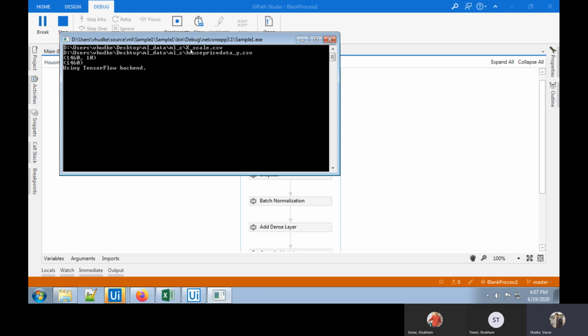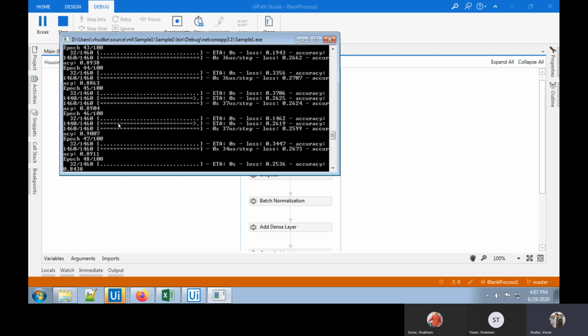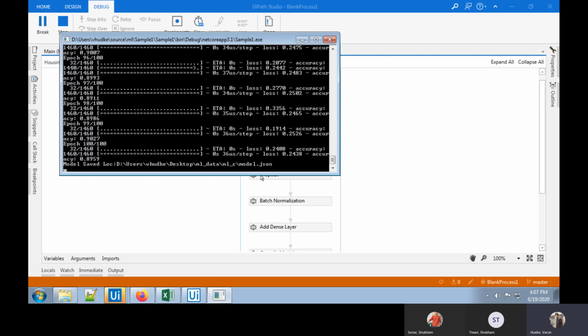You can see this is my test data. Now you can see for 100 epochs, the bot is training the complete model. You can see 89.59 is my accuracy currently, and my loss is around 24.38. My model has been saved in the same location which we used for compile time.